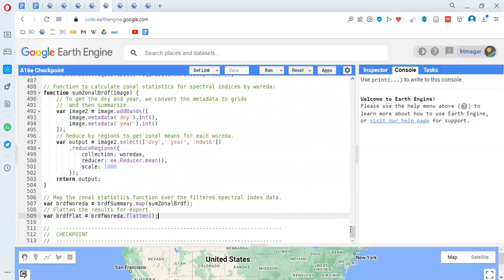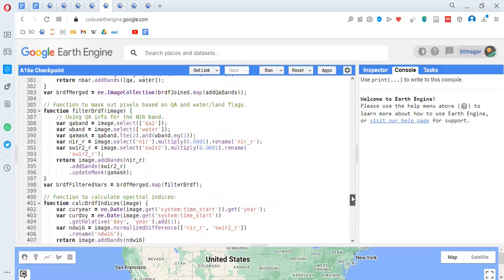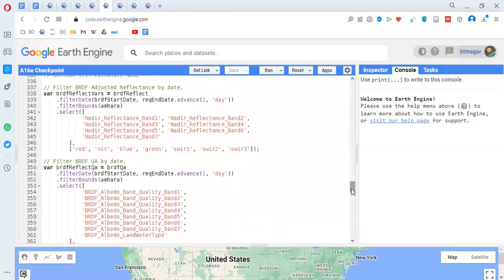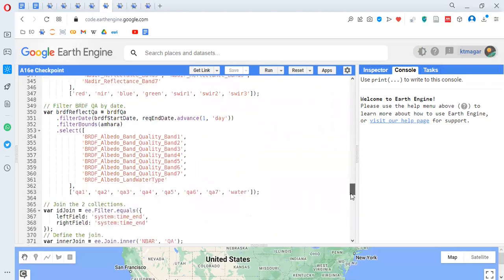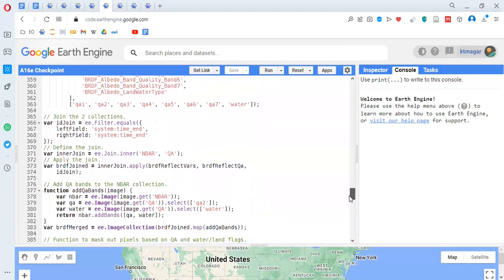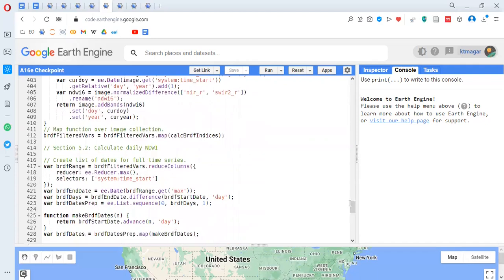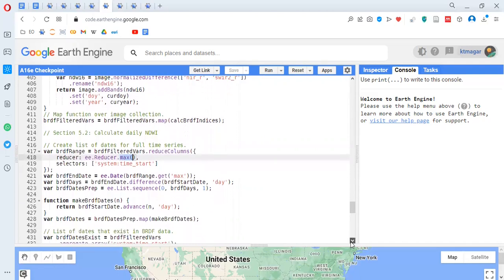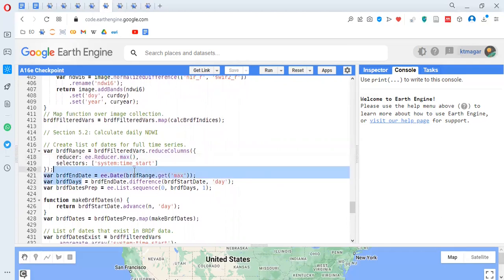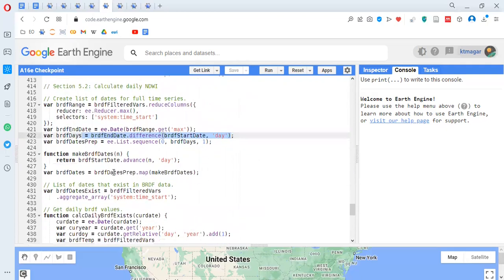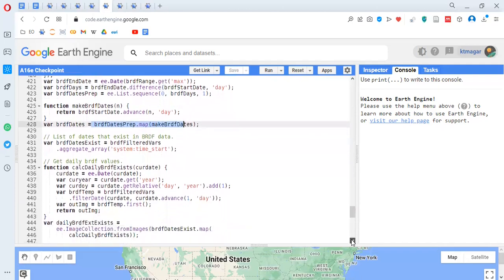Again, these are some of the things that's just going on with dates on and on. We selected the bands, renamed them, added 2 different image collections, used those image collections for updating the mask, and then we calculated the spectral indices, and then we did this maximum date, or the latest date, and the subtraction between the two dates is done, and the sequence for that number of days is done again, and then we advanced by one day each time, and then again we do this daily PIDF